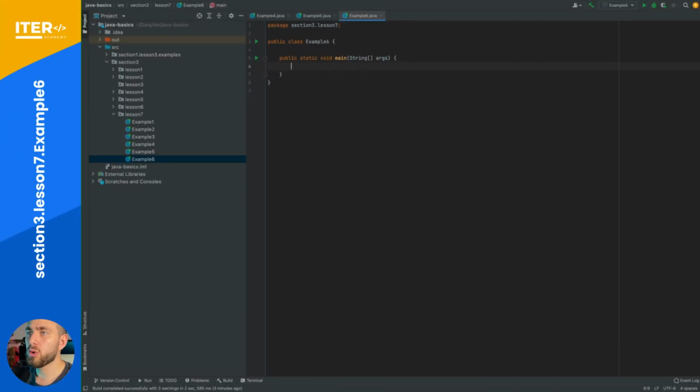Finally, let's talk about the NOT operator, represented by the exclamation point. This operator returns the opposite of the Boolean expression that follows it. For example,